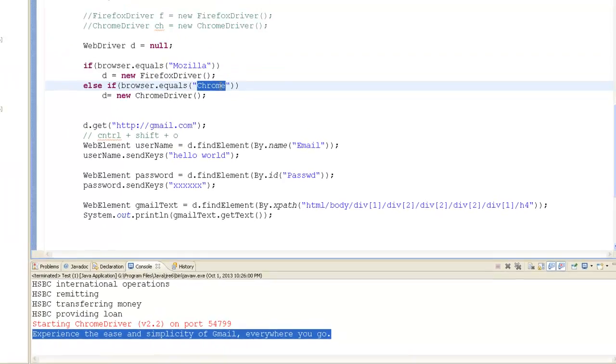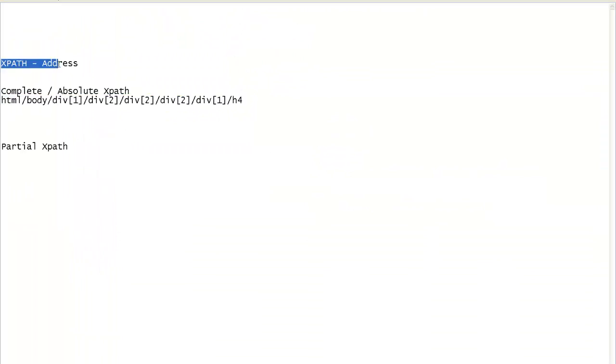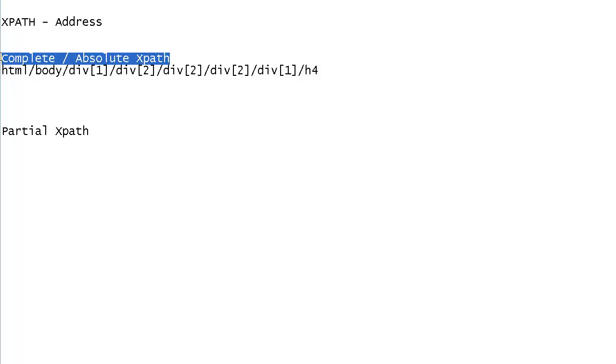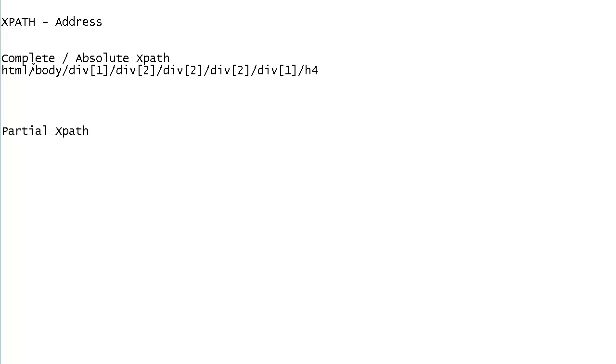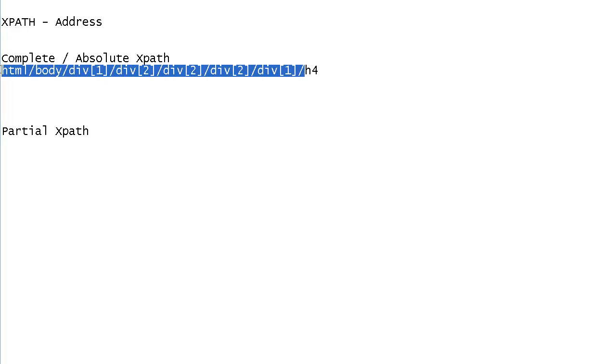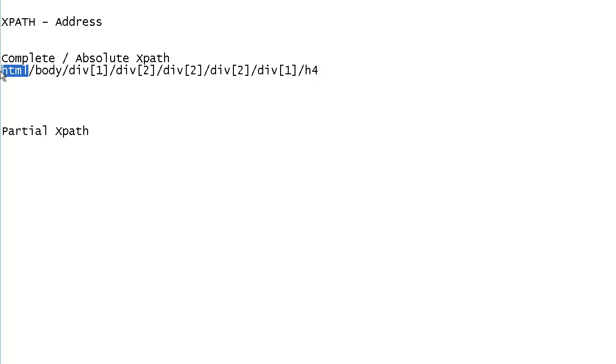Okay, so I was at XPaths. Fine, I talked about the complete XPath. You can use the complete XPath like this, but there's an issue with this XPath. The problem is that it is starting from the base of the document, that is the HTML tag, and it is going till the end of the document, that is the H4 tag. Before the H4 tag, you have the complete document from the base of the HTML tag. The problem is that what if